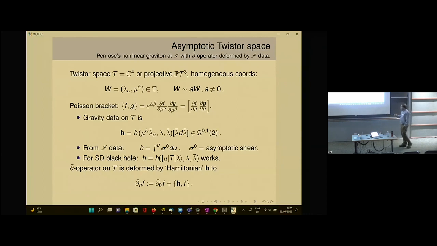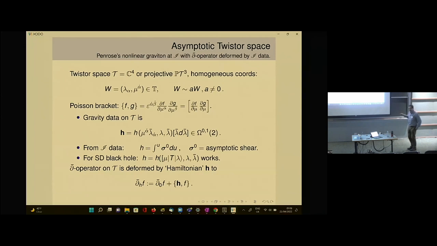And then the idea is that this asymptotic data at null infinity is deforming the complex structure on twistor space. So that you've got a d-bar operator that tells you when a function of the lambdas and mu's is holomorphic, and it's obtained by thinking of this H here as a Hamiltonian for that Poisson structure. Okay, so there's a statement of what Penrose's twistor space looks like. For people who haven't seen it before, I'm sure it's not completely easy to absorb after a whole week of